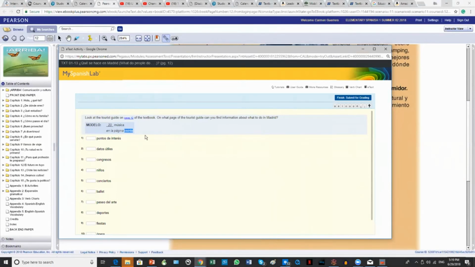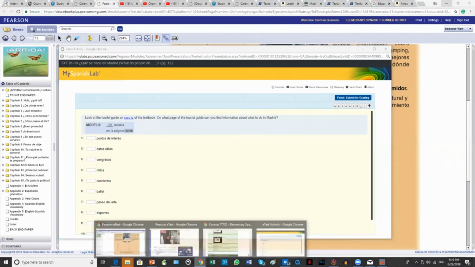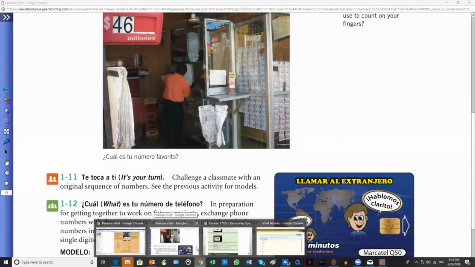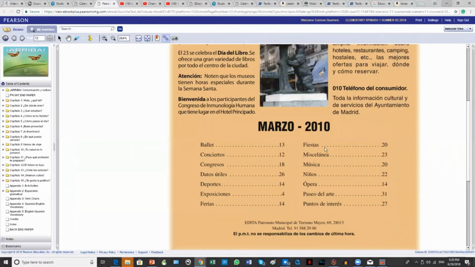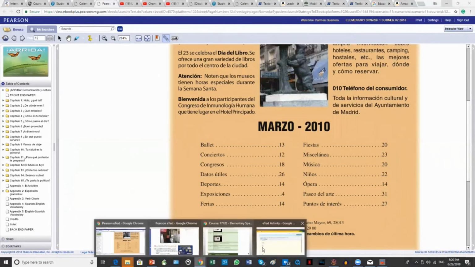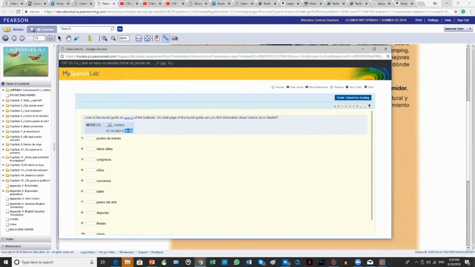So look at the model. Música en la página 20. Puntos de interés en la página, let me go see it. Puntos de interés, what page we find the points of interest. Let's go back to puntos de interés. Here on page 27, so you come back to the exercise and write page 27 in letters, of course, see? That's the same way the model does it here, en la página 20. So aquí sería 27,